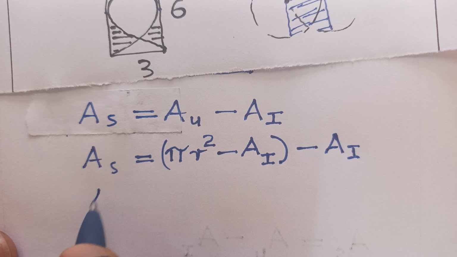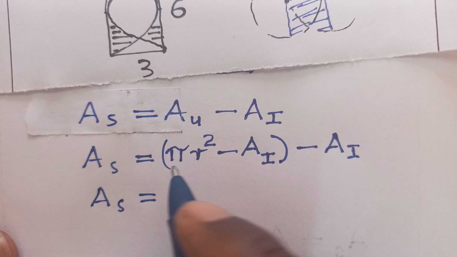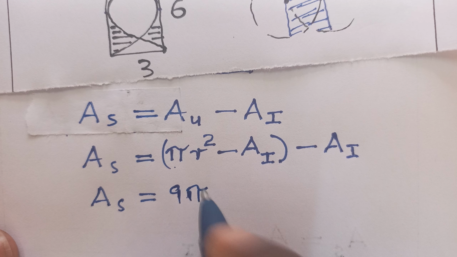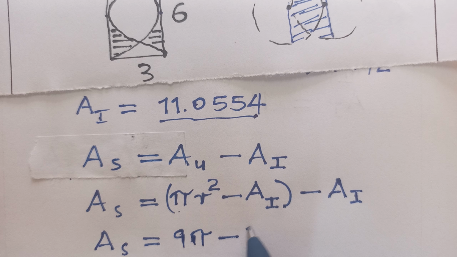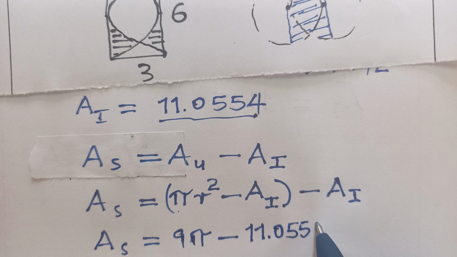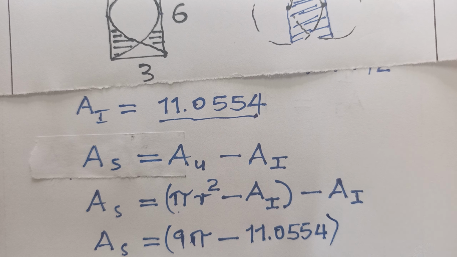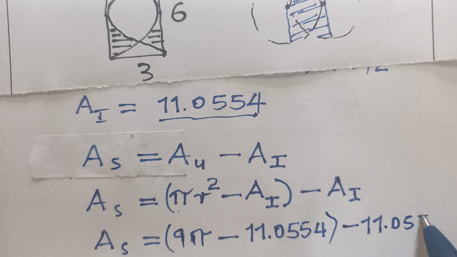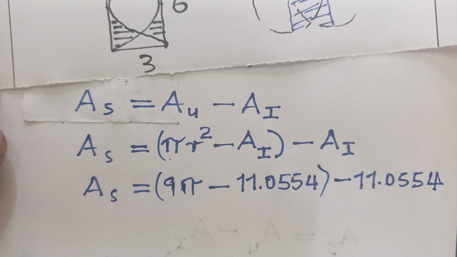And so therefore, you have AS equals to pi r squared. This comes to 9 pi minus the area of the intersection, which is 11.0554. All that, guys, now you come and subtract again 11.0554. And with that, we are going to have